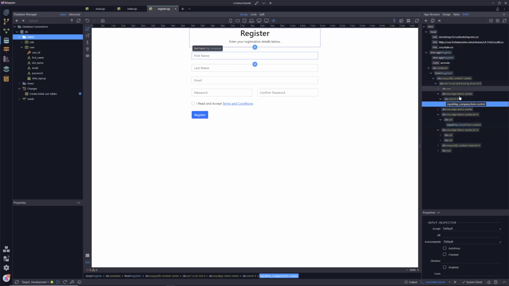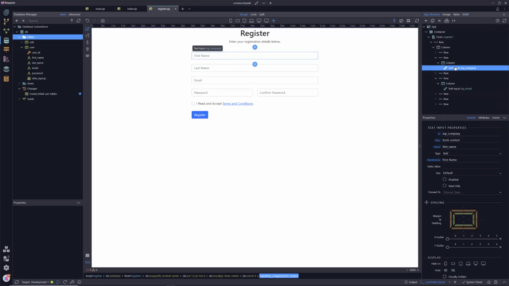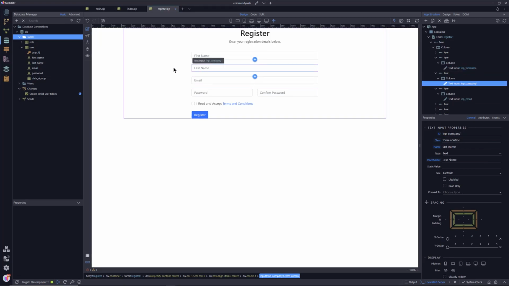That's really easy to do. We just simply pop back into app structure, and when you look, you'll see there's an ID here. We need to match those IDs so that we can understand what they are. So we're giving it forename. These don't have to be exact matches to these. This is a completely different section. This is the document object model. Another way you can do it is just to literally copy and paste the last name, and then